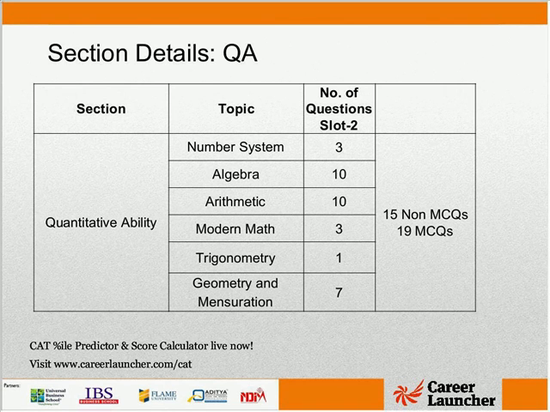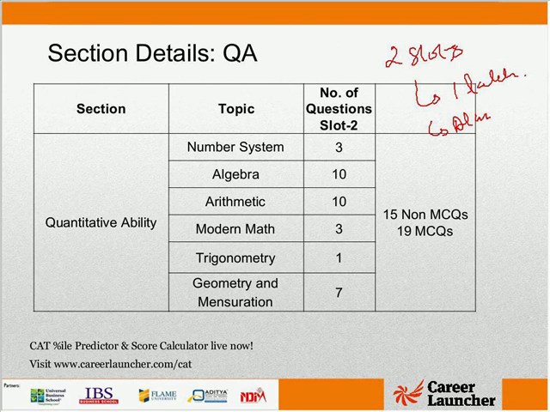Okay, so similar question. What that means, from your point of view, is that both the slots are almost the same in terms of degree of difficulty and kind of questions, so normalization will not be an issue. By and large, we had buried the ghost of normalization last year when the normalization did not create chaos. Last year, CAT'15 was the worst in terms of normalization. This year, again, it should be much better, because now the paper is in 2 slots and each paper is being taken by about 1 lakh candidates. Okay, and both the papers are almost similar.